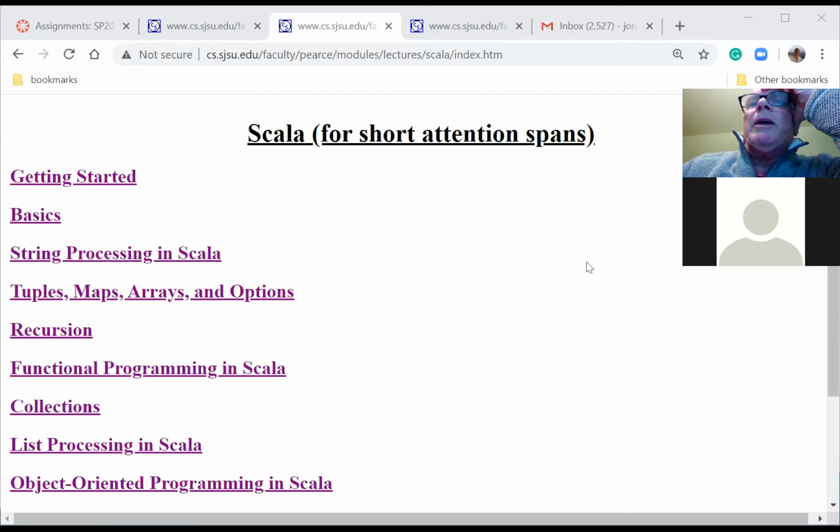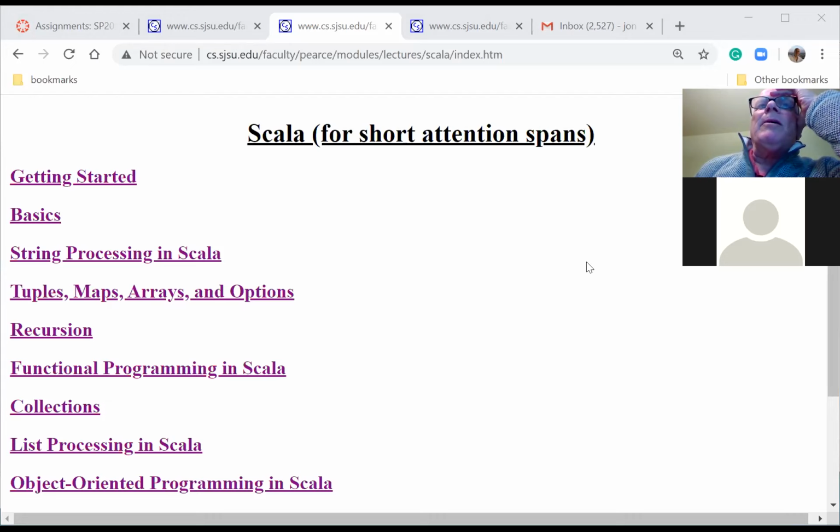That's just integer multiplication. If you multiply two reals together, the answer should be a real. That'll be real multiplication. But then there's this special case, if you multiply a real times an integer or an integer times a real, like 3 times 3.0, then the answer should be a real.